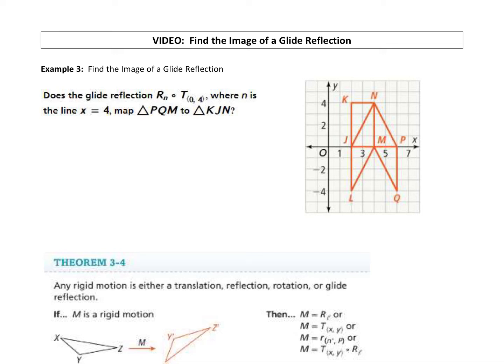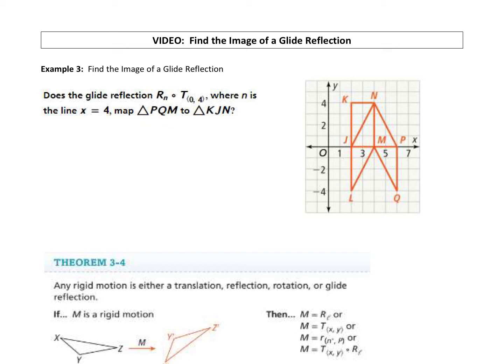Okay, so in this next example, we're going to find the image of a glide reflection. What they are asking us is, does the glide reflection, and remember a glide reflection involves a reflection and a translation that runs parallel to the line of reflection, where n is the line x equals 4, so that's our line of reflection right there,